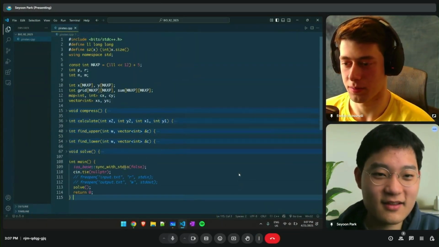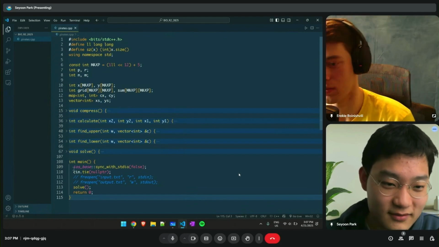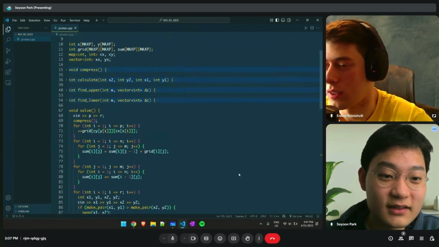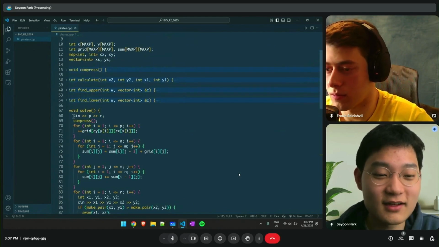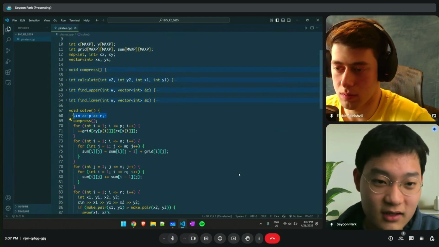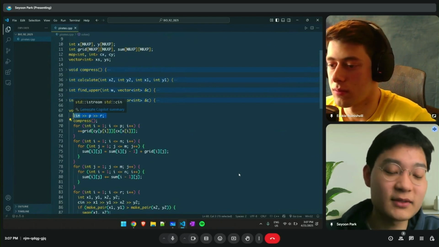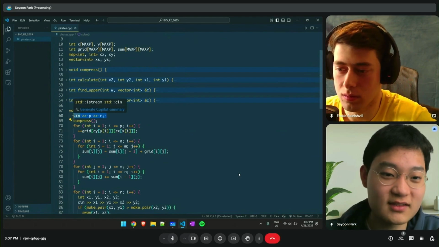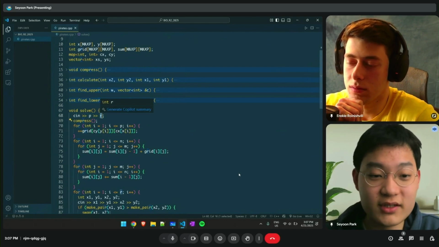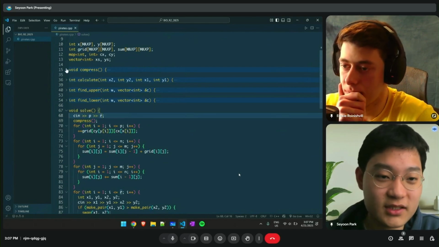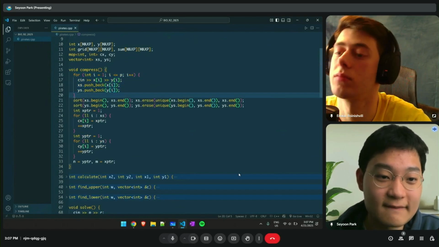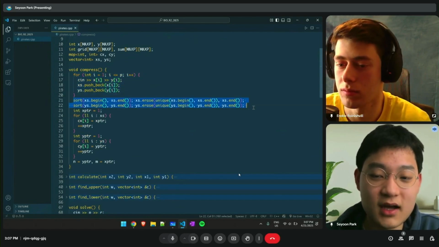Thanks. Okay, so this is my code. We'll go through each function separately. Firstly, the solve function takes in the input: how many coordinates there are, how many treasures, so how many dots there are in the Cartesian plane, and then the number of queries. Then I call the procedure compress.